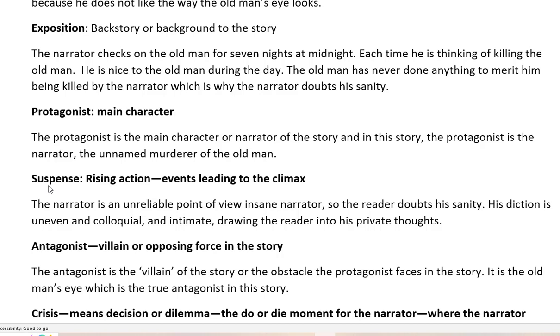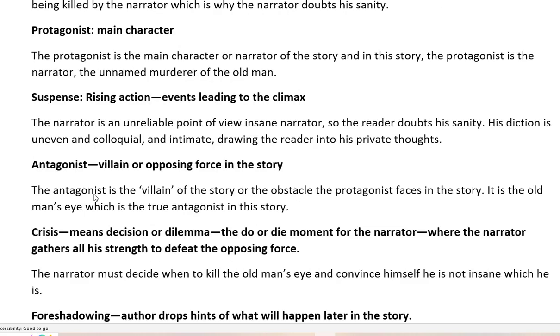And so that is the suspense, the rising action. The crisis means decision or dilemma, the do or die moment for the narrator, where the narrator gathers all his force, or all his strength, to defeat the opposing force. So the crisis is the inner struggle within the narrator to decide whether or not to murder the old man